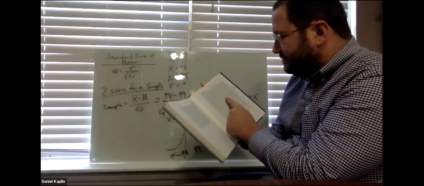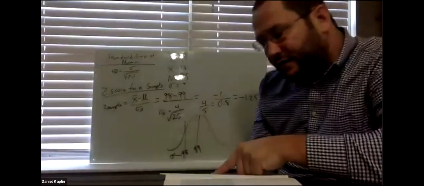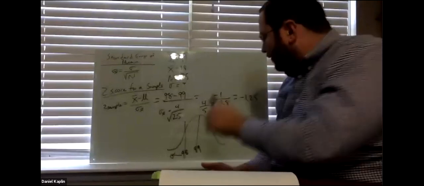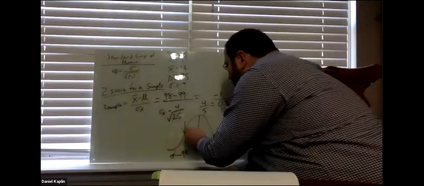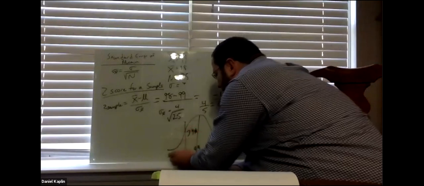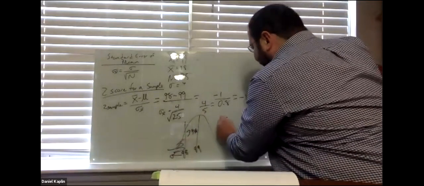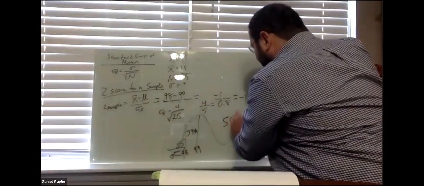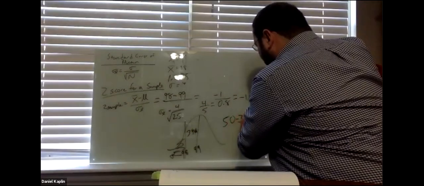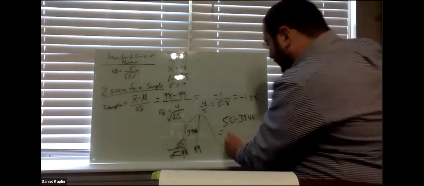1.25 gives me 39.44, right? That's a z-score of 1.25, 39.44%. So 39.44, and I need to know what's left over of the 50. So we do 50 minus 39.44, and that gives us an answer of